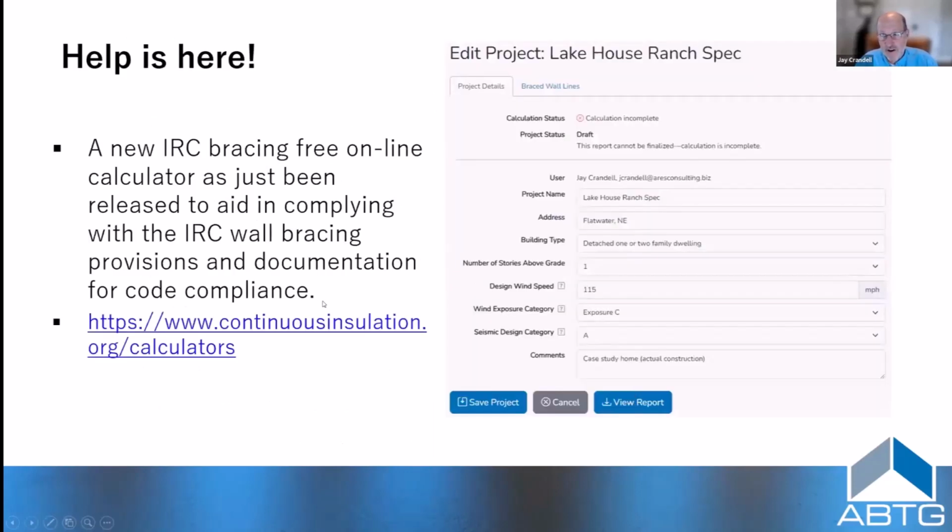So having said all this, it sounds like a lot. Even though the math is simple and the concept is simple, there's a lot of accounting that needs to be done. So I've worked with a programming group to take this accounting process and the code requirements and put them into a free online calculator. It's now actually just a couple weeks ago been released. It's been through beta testing, and you basically can log onto it here at this URL. It's free to use. While it's shown to be at continuousinsulation.org,